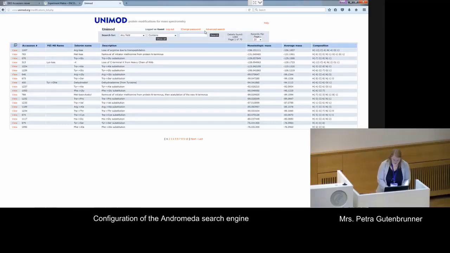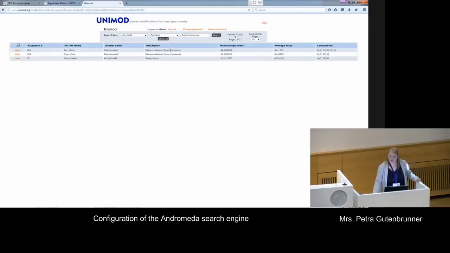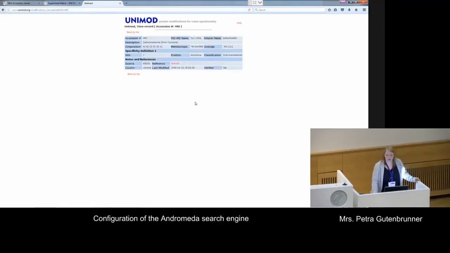and there we look for the modification of interest first. So we type here the dehydroalanine, and then we can click here search, and then the results are filtered here. So we already have some information here, but for our case, to add this new modification in MaxQuant, we want to have additional information, so we click here on the very left on view,